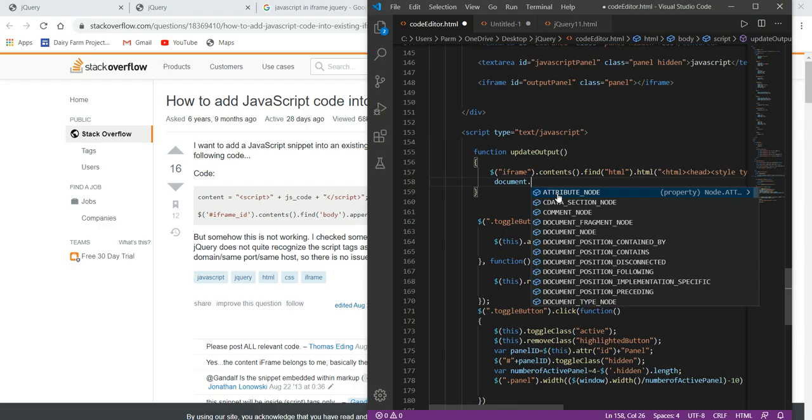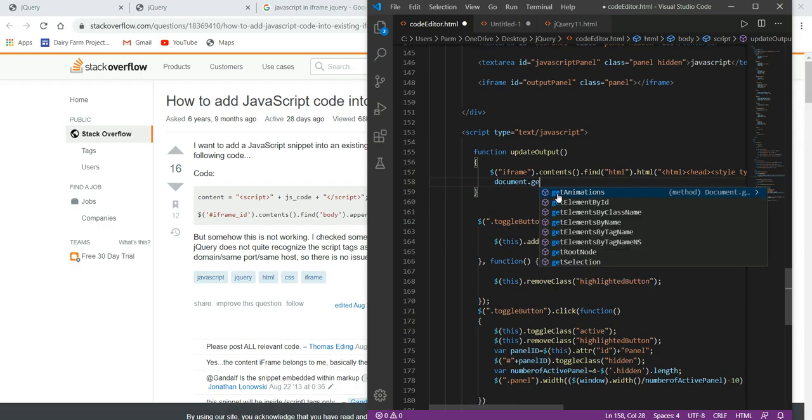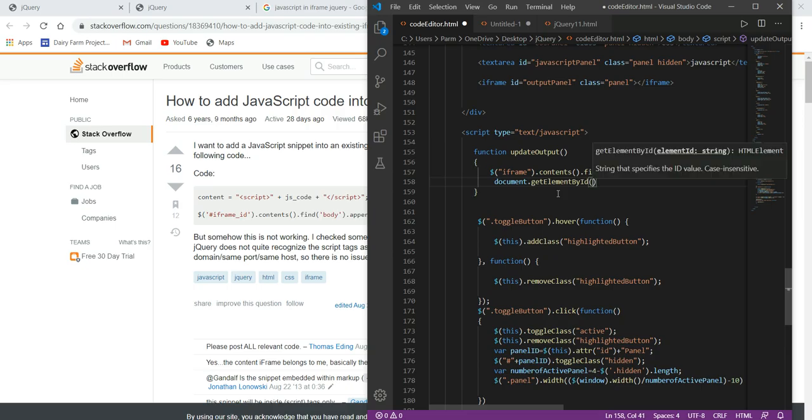Document dot getElementById, and the id over here is output panel.